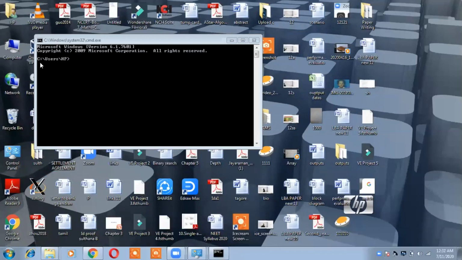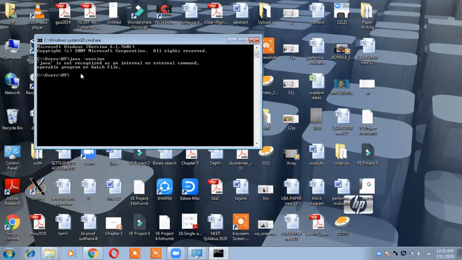In the command prompt, it displays a folder, in the C drive, folder Users and HP. Where your JDK is installed is in the C drive, in Program Files, Java, JDK and bin. So if I want to check the Java version, in the command prompt I can give the instruction java -version. It is not displaying its version, since JDK is installed in the folder C:\Program Files\Java\JDK\bin.